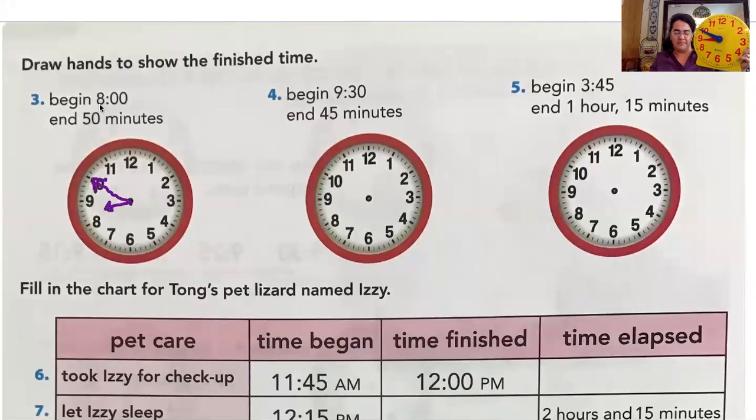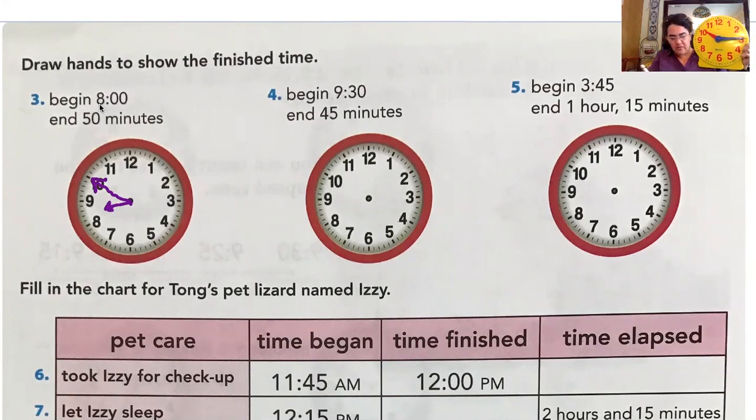All right. We'll go ahead and do these together because you don't have your clocks, okay? Stay with me. Here we go. Beginning at 9:30, ending 45 minutes later. So here's 9 o'clock. Go to 9:30. Now we have to add 45 minutes. So we're going to add 30 because we know that's half an hour. And 30 plus 15 will give me 45. We should be at